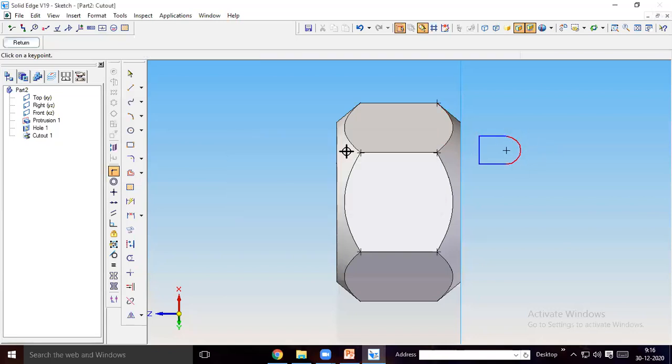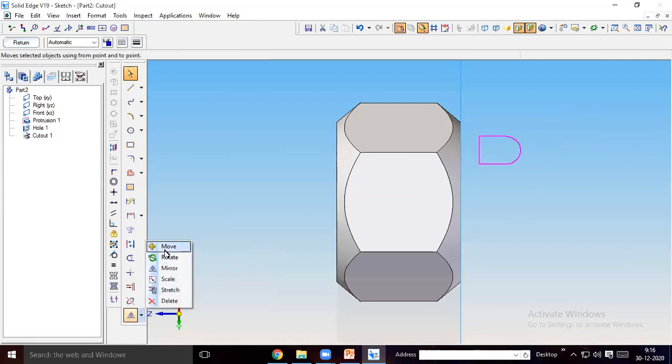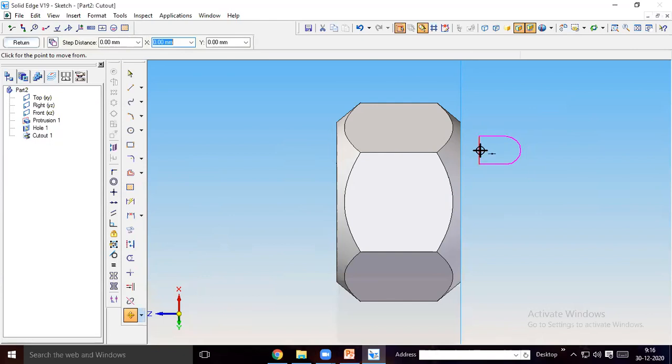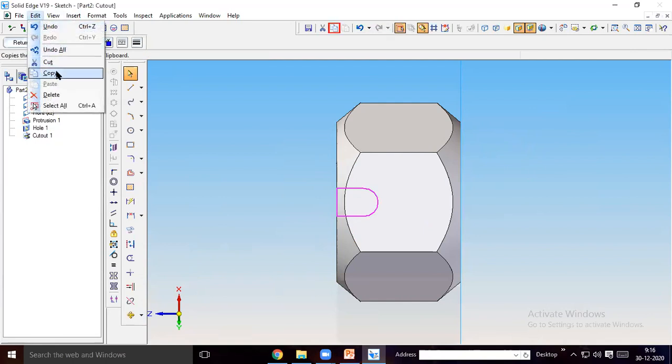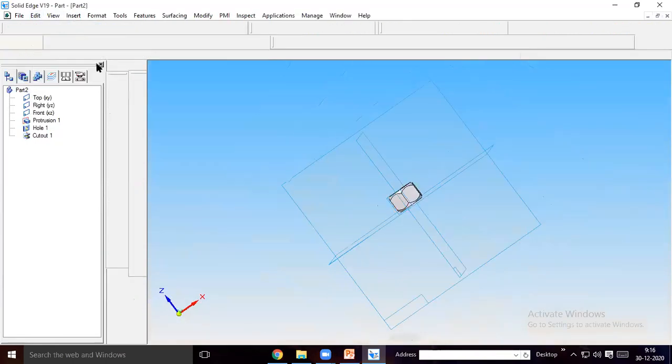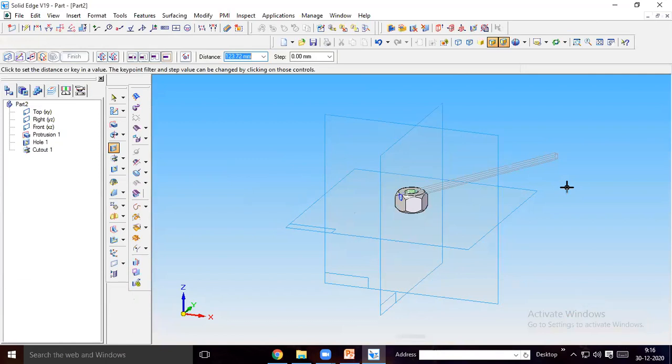It's already connected, so you create the profile like this. Then you move this from the midpoint of the left side line to the midpoint of this line. You move like this, and you can copy this, so that you have to do it in three phases. Copy this, say return, and give through cutout.